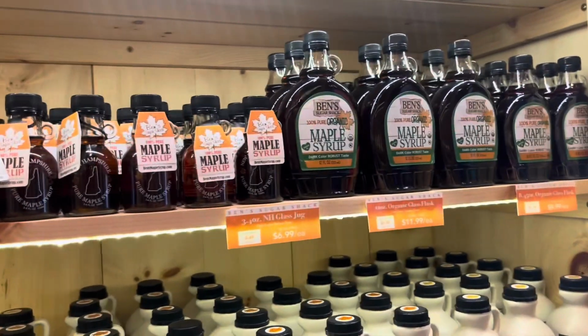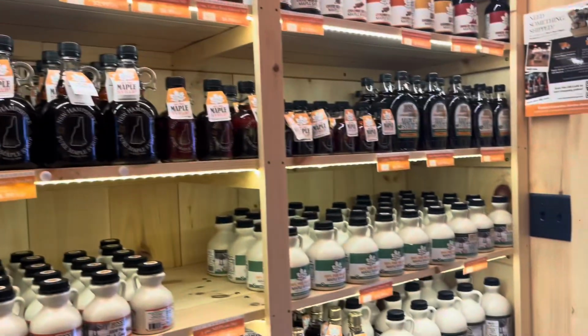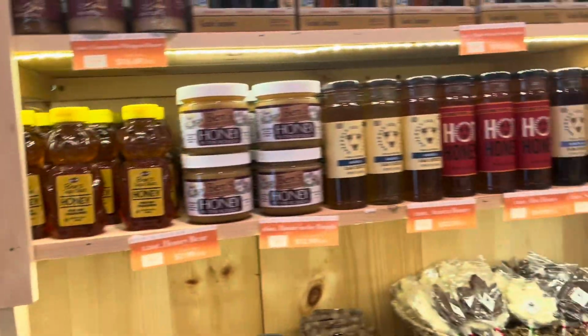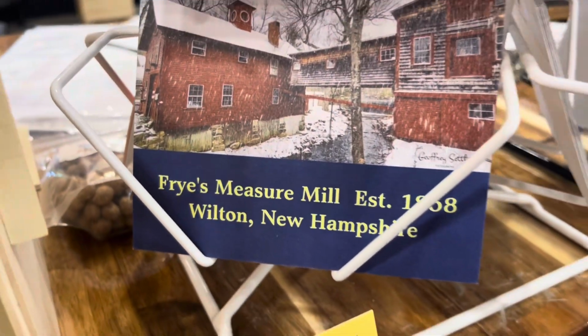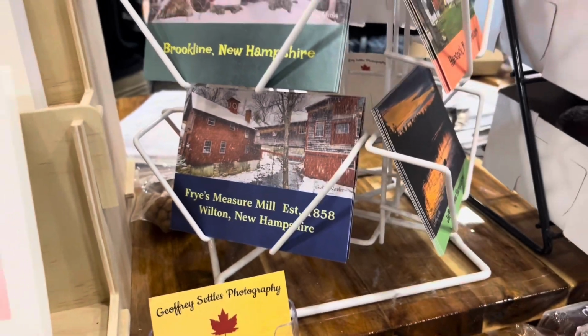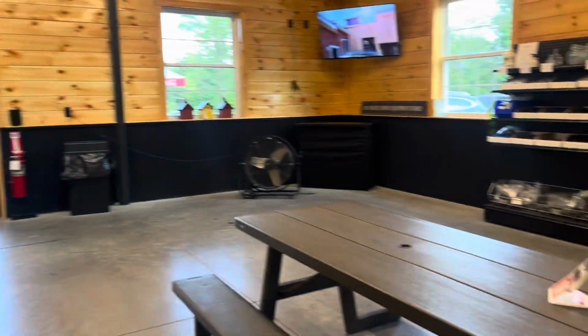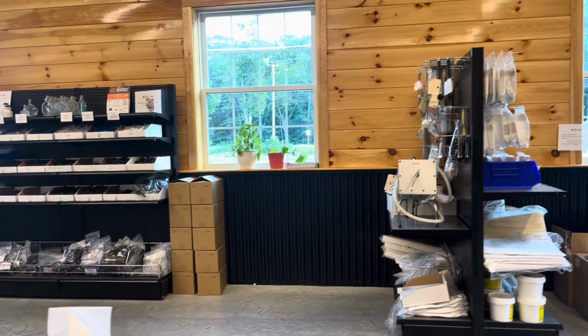Some of them are small, just families making it on their property. Some people have large families making large operations, but this is a really big operation. So yeah, like you can even buy Ben's at the grocery store here. So that's the scoop on that. 1830 earlier. Apparently Fry's Measure Mill is 1858 according to this nifty postcard. So there's that. Now during Maple Weekend, this place I imagine would be insanity, but look, they even sell